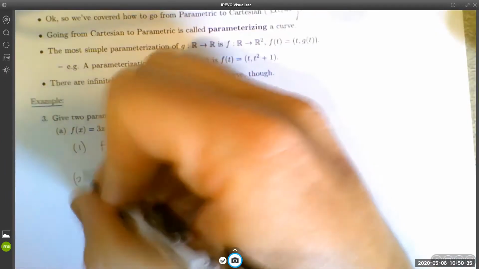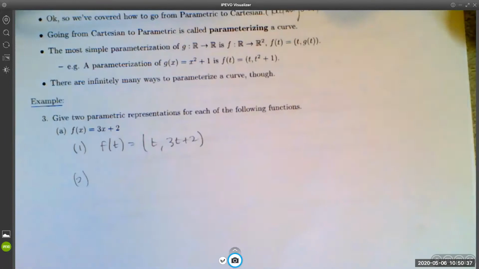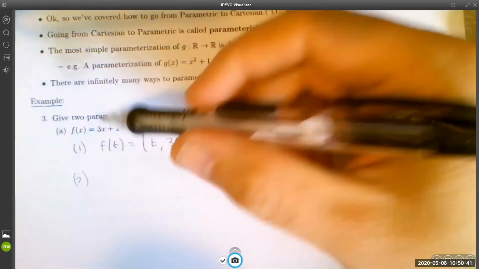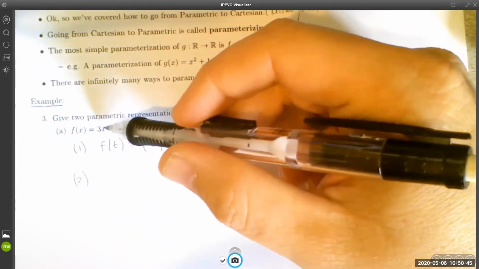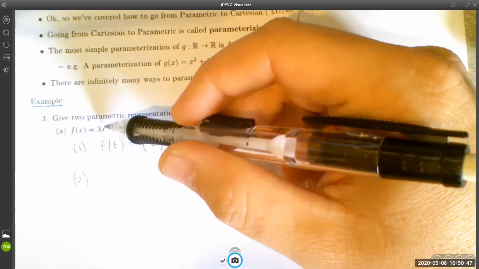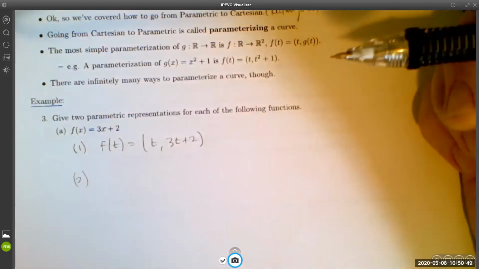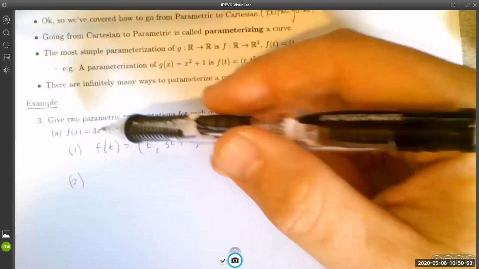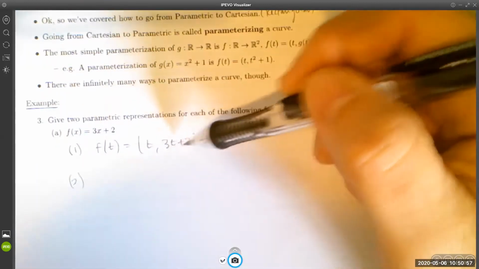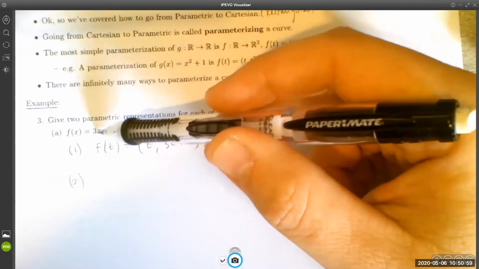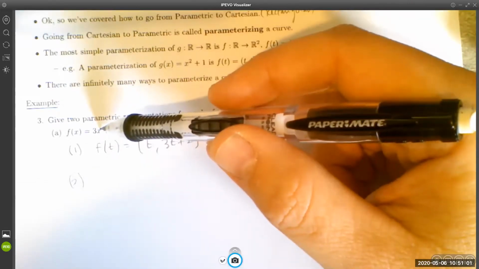To do this another way, you can really plug in anything you like for x, right? You could plug in 2t, or you could plug in, I don't know, t squared plus 17. Whatever you want. I'm going to make it so that our y coordinate is just t. So in order to do that, I think I would have to do,